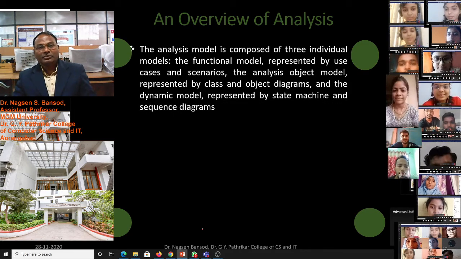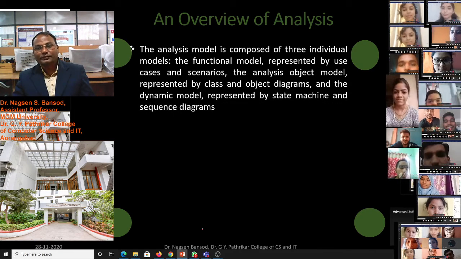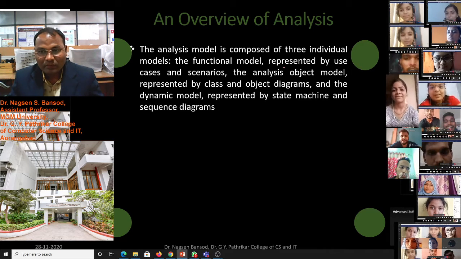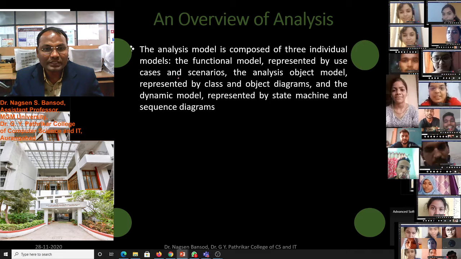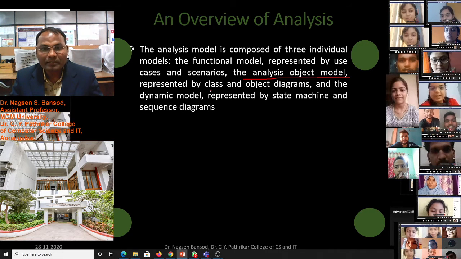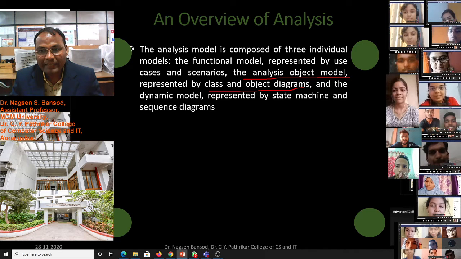The analysis model is composed of three individual models. The functional model is represented by use cases and scenarios. The object model is represented by class and object diagrams.